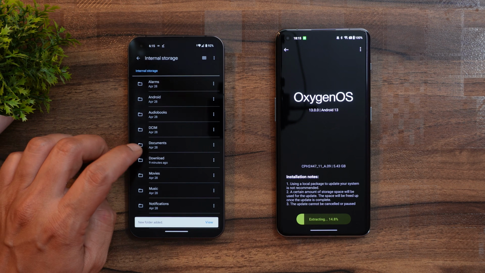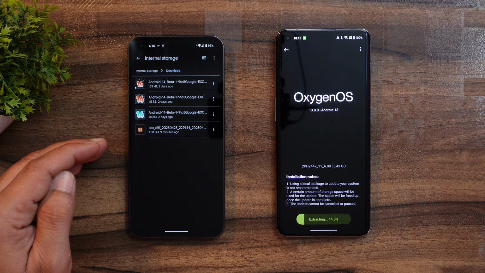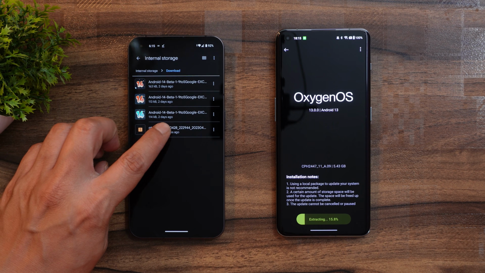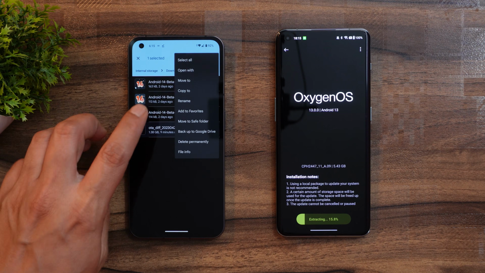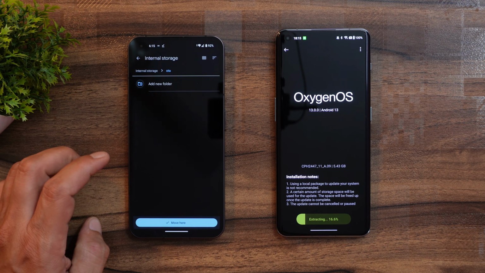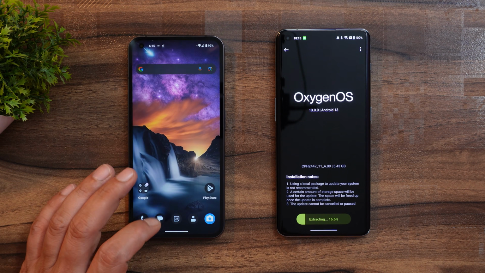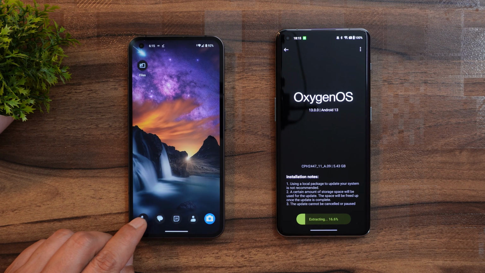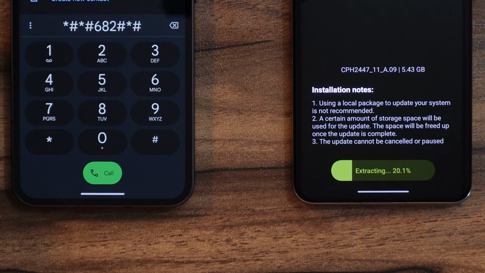Once the folder is created, you need to take that particular downgrade file which you downloaded. Copy this, or you can directly move it to that OTA folder. So here we have the OTA folder. I'll move that file here. So the file has been moved. Now you need to open the dialer on Nothing Phone 1. On the dialer you need to dial this number